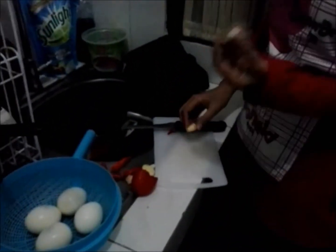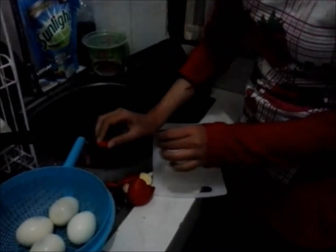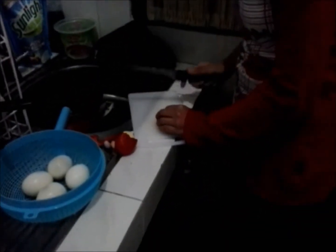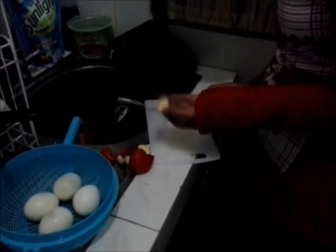Okay, then slice a little white onion, red onion, and chili. Okay, I can slice one white onion. Okay, go. Okay, after slices, and now